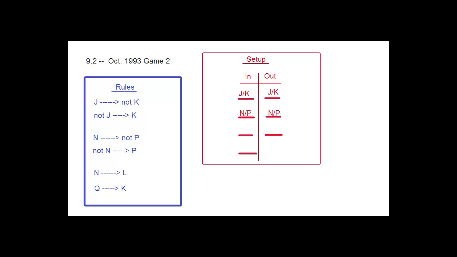So that might be it though, because if I choose N, then P goes out, then L comes in. I still don't know whether I'm going to choose J or K, and therefore I don't know anything about Q or M either. So that's the reason I'm not going to play out the hypotheticals,